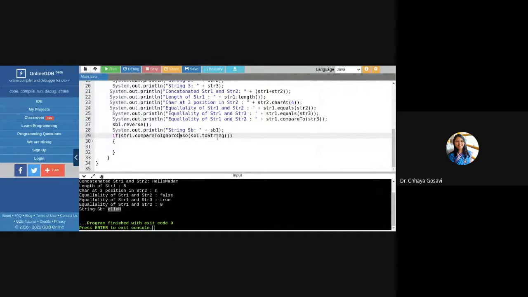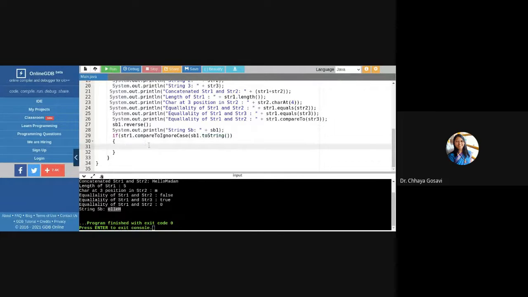And sb1 dot toString will convert the StringBuffer object to a string, because we can compare only two strings or two StringBuffer strings. We cannot compare a string with a StringBuffer, so either you need to convert str1 to a StringBuffer or the StringBuffer to a string. That's why the toString function is used.